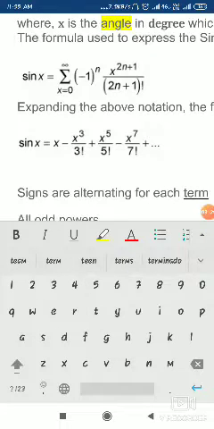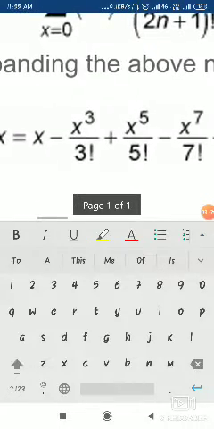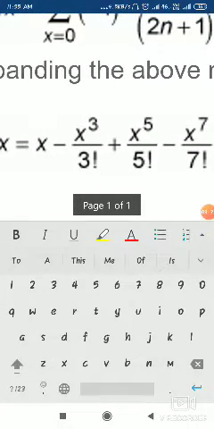This is a very important observation that we have to take. How to do that, we'll take it in the program. Another observation is their powers. Here it is power 3, here it is power 5, then 7, the next is power 9. And what is the power of the first term? It is x, means power